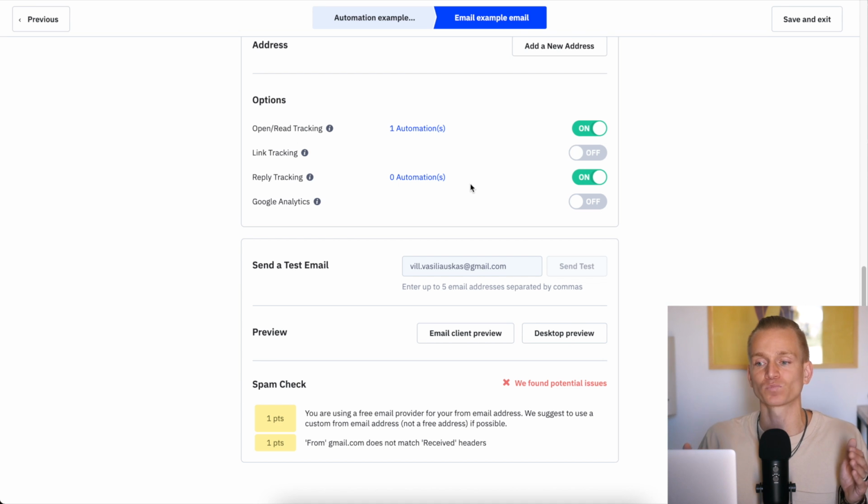Let's say you want to send out some cold emails, perhaps 1, 2, 3 cold emails, and you don't want to keep on sending these emails if someone already replied. With ActiveCampaign, you can set it up to do that, and all of the other email marketing softwares don't allow you to do this.